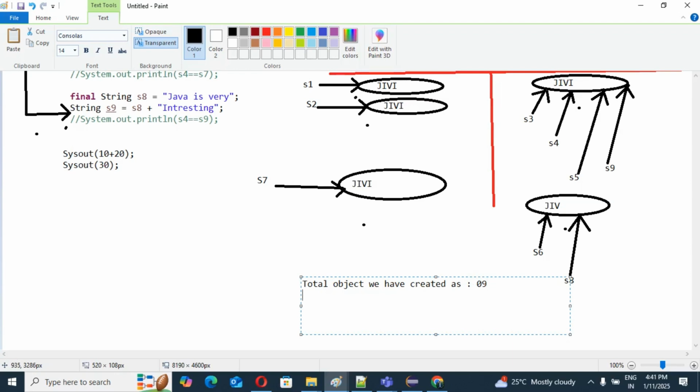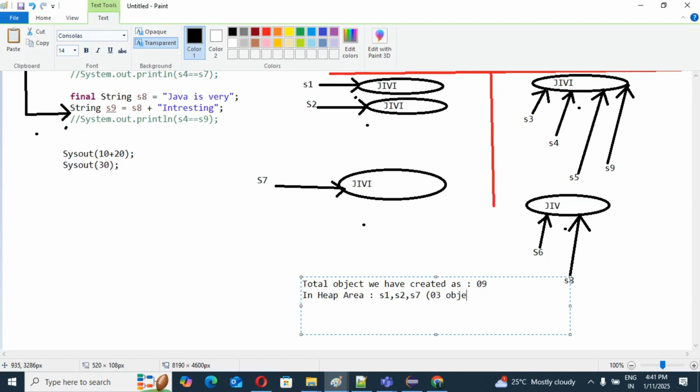Yes or no? In the heap area: S1, S2, S7. Three objects, right? Heap area S1, S2, S7, three objects we have.